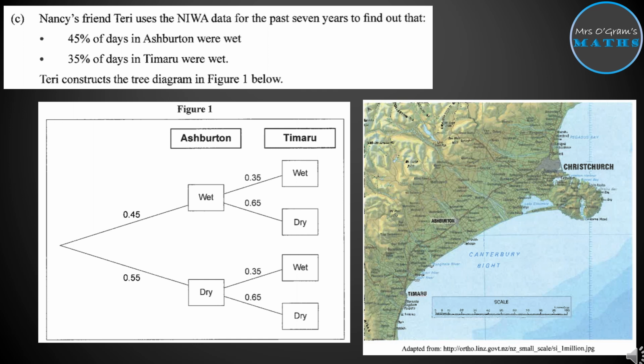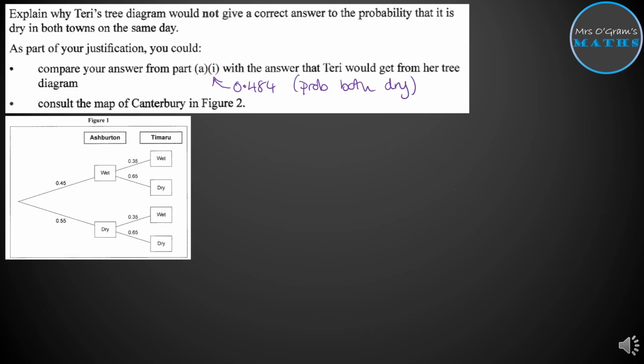Now, Nancy has a friend, Terry, who turns out not to be particularly smart, but anyway, she knows that 45% of days in Ashburton are wet and 35% of days in Timaru are wet. You've also been given this map to see